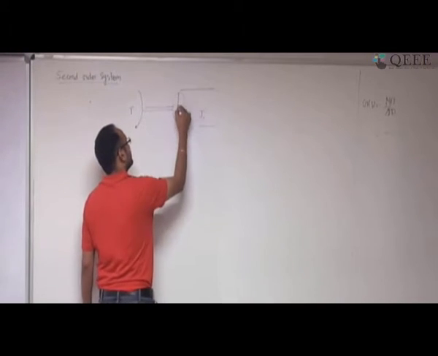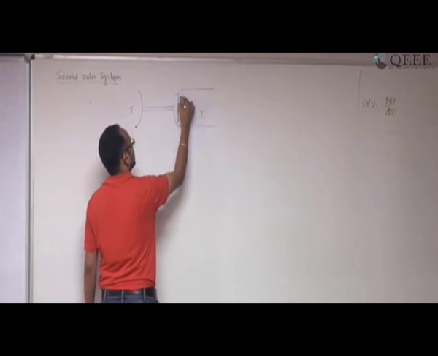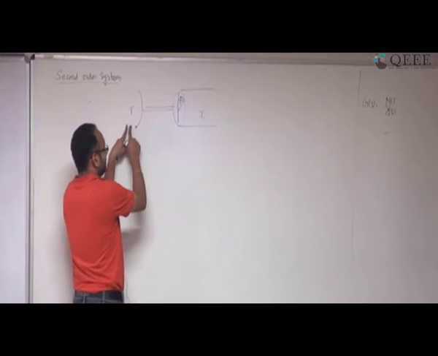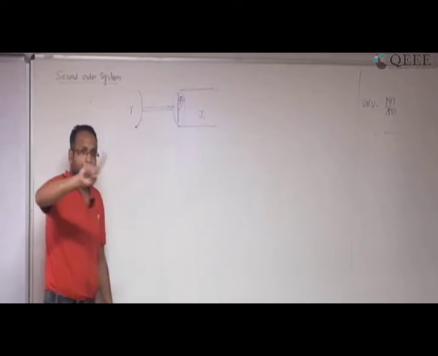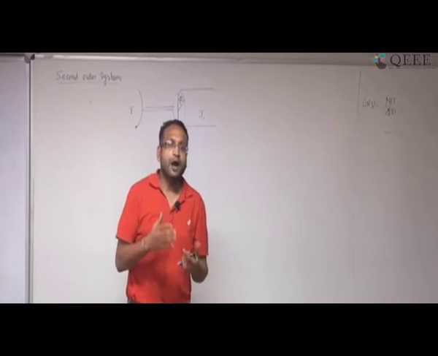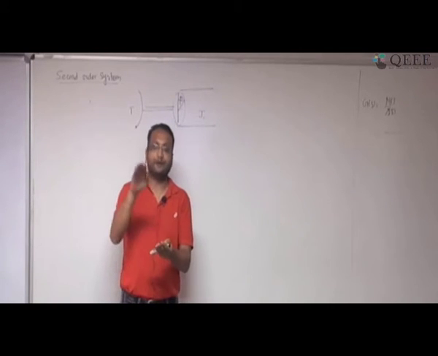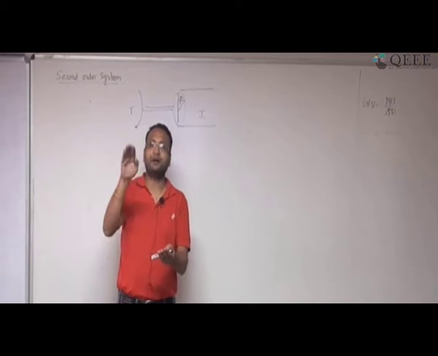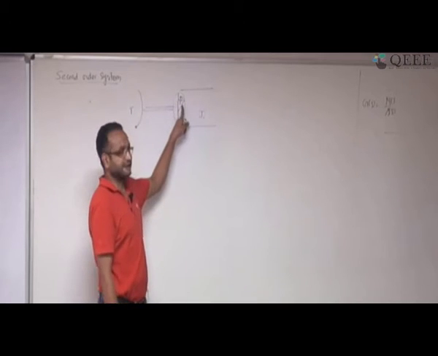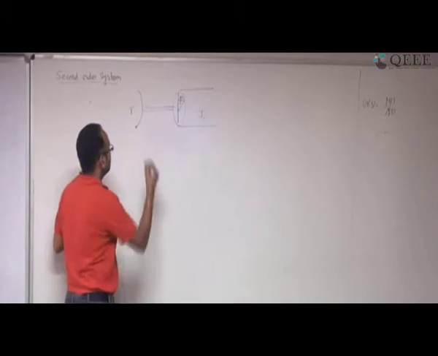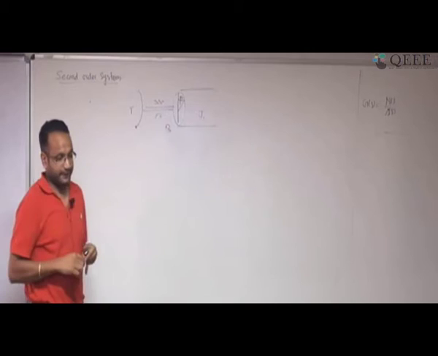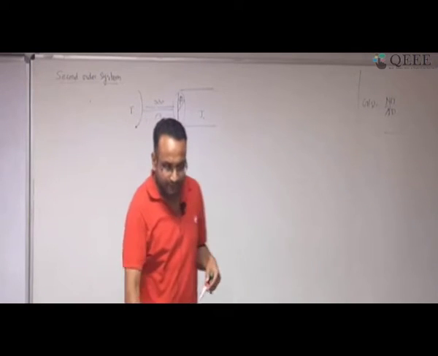Now, my attribute of interest is not omega, it is theta. Look at what I want in my system: the input is torque T, and the output I am measuring is an angular position. You might have seen this whenever you work with robotics, where you want to know how your robot arm is moving. So here I am not interested in how quickly I am going. I am interested in what angle I am moving through. So my attribute of interest is theta. Okay, that's the change. And here, as I mentioned, there is going to be some friction, which I am calling viscous friction B. Okay, is that part clear?